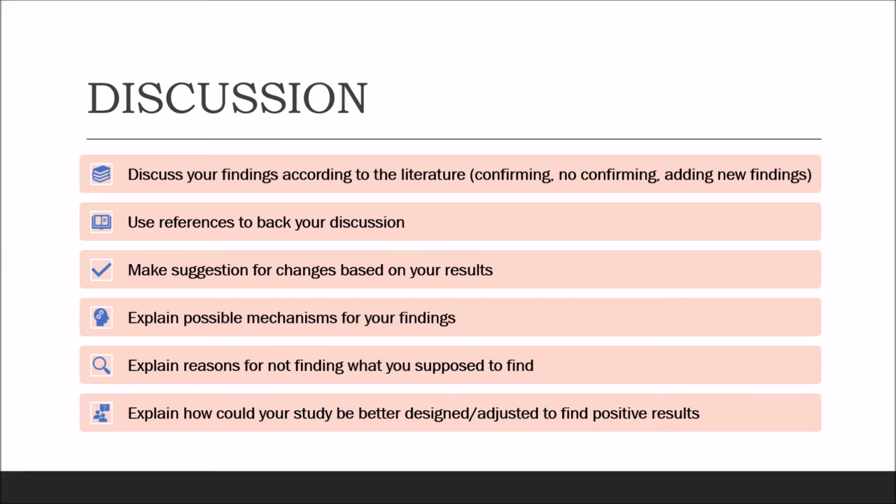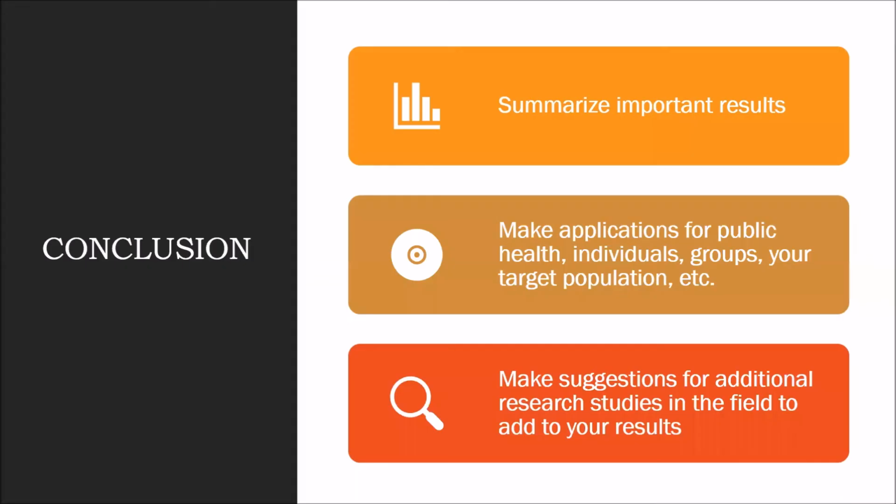And then you already mentioned the design, that you could justify or explain some change in design that will improve other potential future studies. And then you have the conclusions: summarize the important results, and then make applications for public health and make suggestions